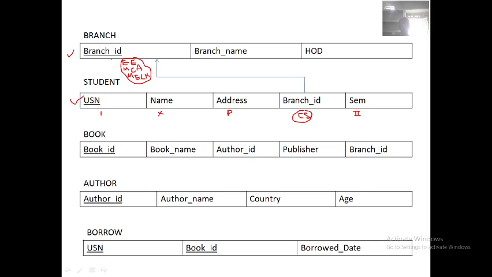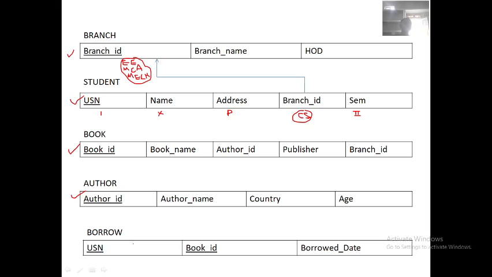But this author ID is empty. So what you need to do? First you should go to author and enter the values for author before entering the book table. Enter author ID, author name, country and age. Once you enter this, then you can go for this.